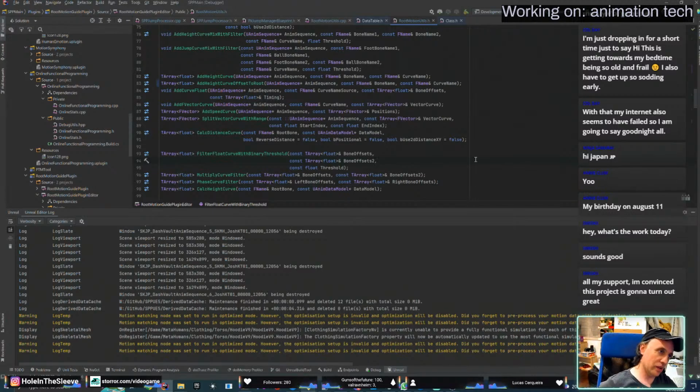Do we really need the data table? I don't think I really need the data table.